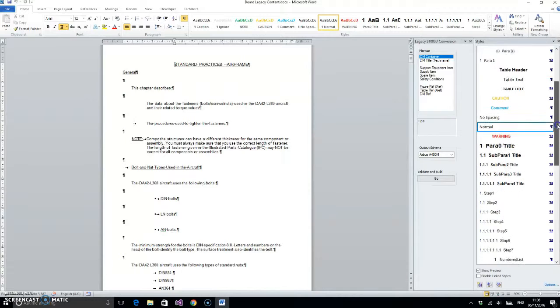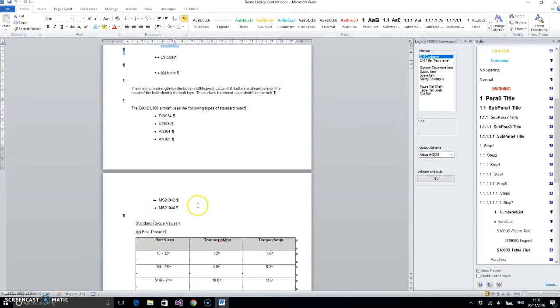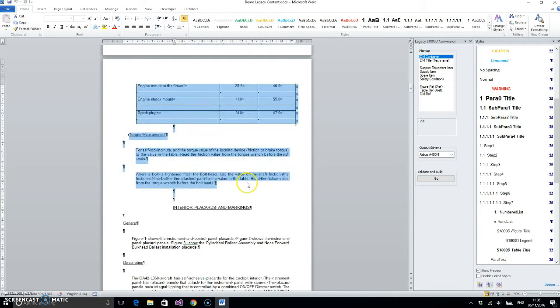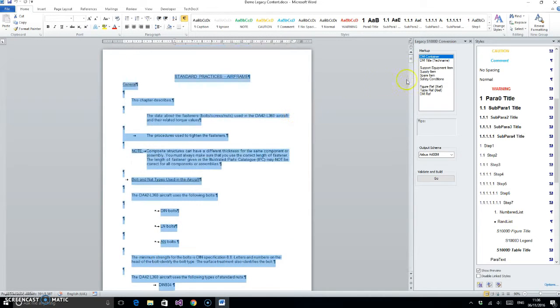Okay, so how does it work? Well, essentially what we need to do to start with is dictate to the program where the start and the end of our data module containers are. So the first thing we do is highlight the first of our data modules, so it's down to there. And having done that, we can now double click on DM container,